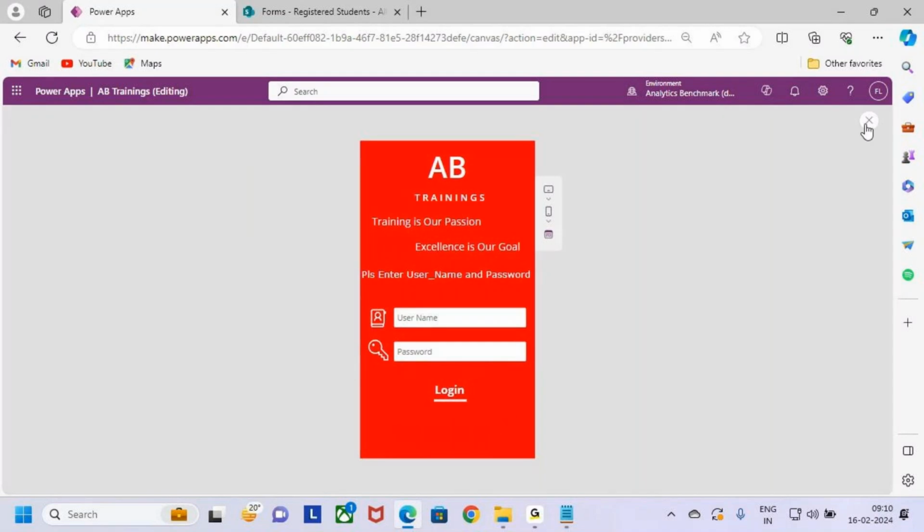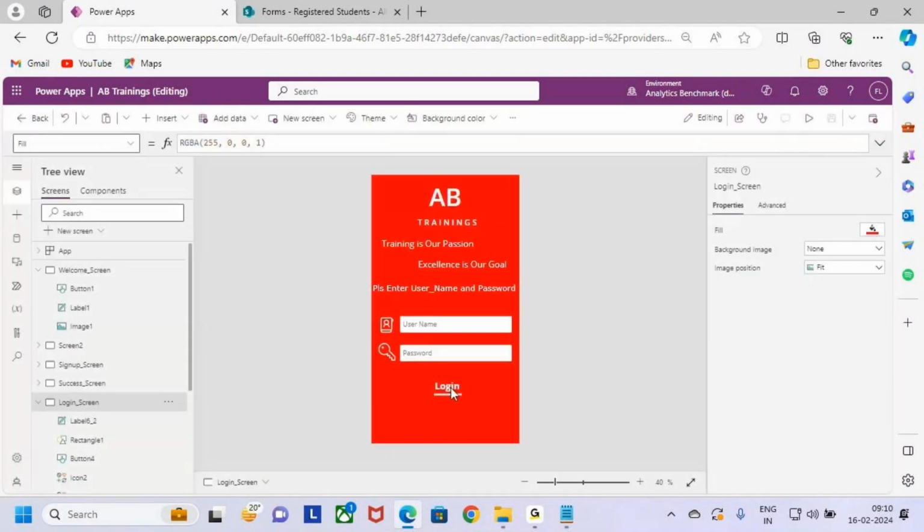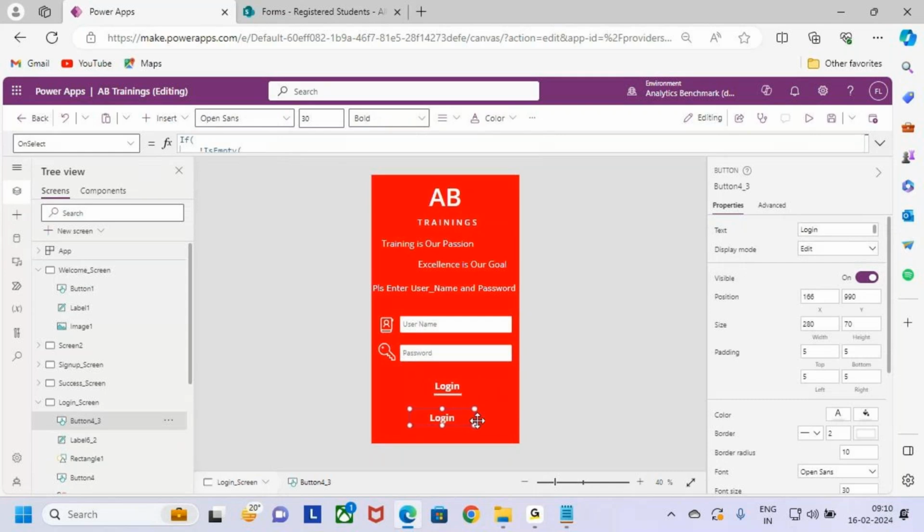Now let me do one thing: copy the same button, paste it here, keep the button here, and increase some width. Now I want to change the text here. Let me go to the text property. By default it is Login. Let me change it to